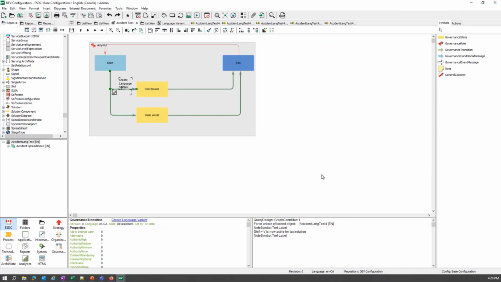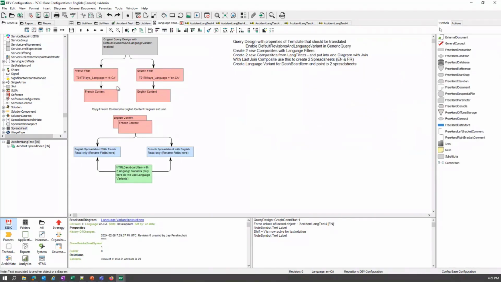Somebody just applauded. It might have gone a little too fast, but if you have the need, reach out to me and I can document it and we can talk about it a bit more, because it gets a little complicated. It's a composite of a composite. So it's my generic query design that goes to composites for English and French, and then a composite again off of these, and merge them together. And then now I have one spreadsheet or two spreadsheets.